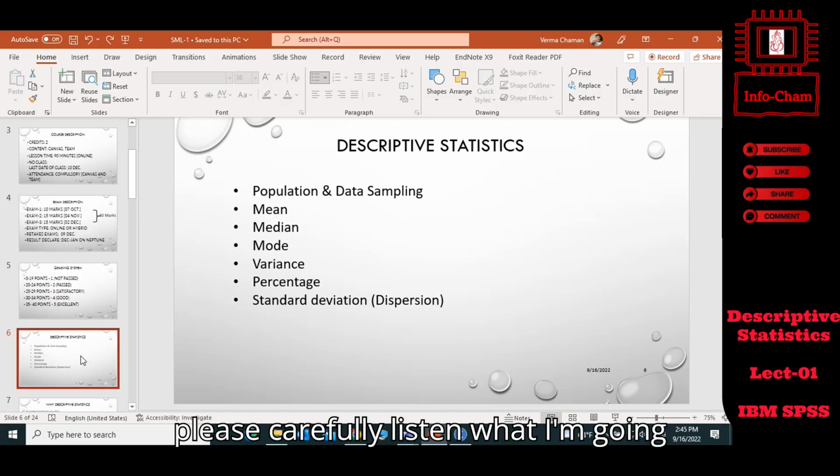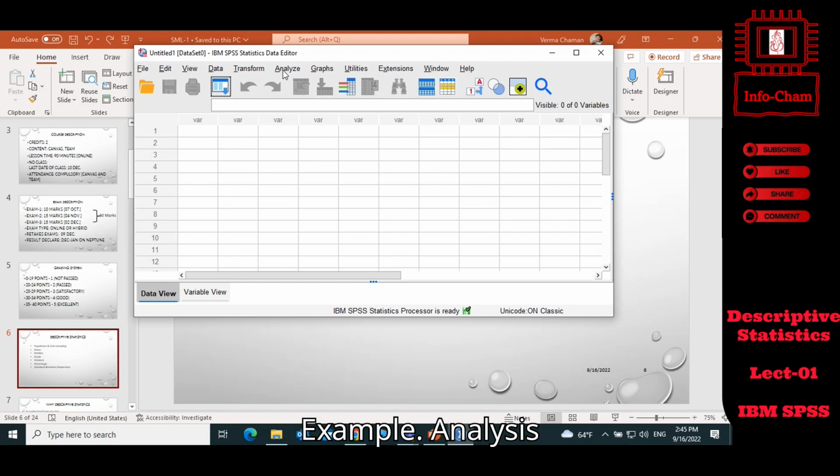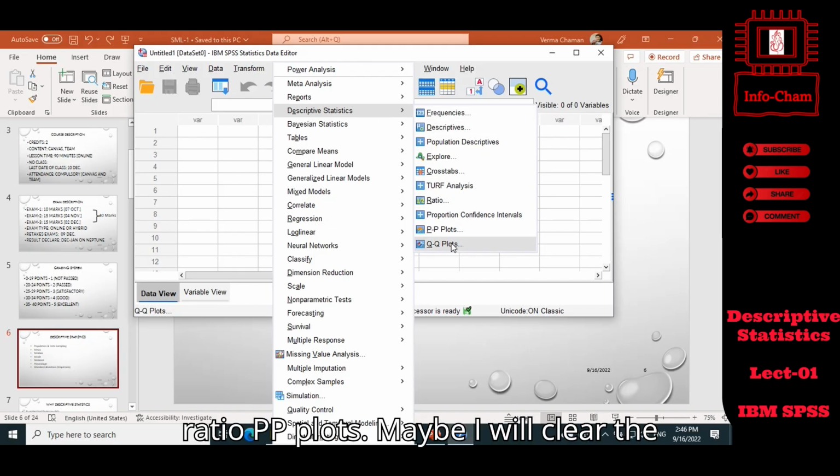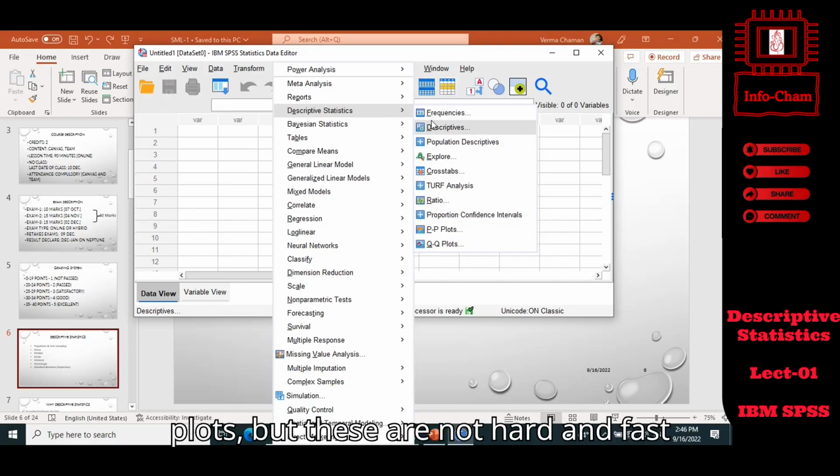So please listen carefully to what I'm going to say and understand the concept. It's most important. First of all, in descriptive statistics, you will see example analysis here: descriptive statistics, right? You will see there are a lot of things, but it is not hard and fast. For example, ratio, PP plots, okay, maybe I will clear the plots, but these are not hard and fast because